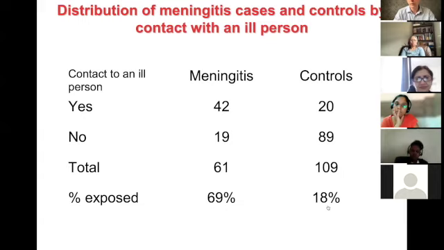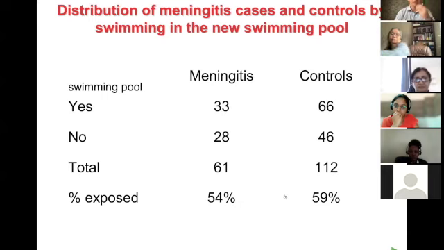69% exposure over 18% exposure? Ida? Yes, it could be, because there are certain infectious diseases that cause meningitis. Exactly. Okay, there was another risk factor which was highly discussed, the swimming pool, because the swimming pool had